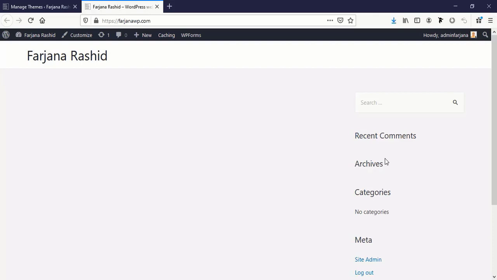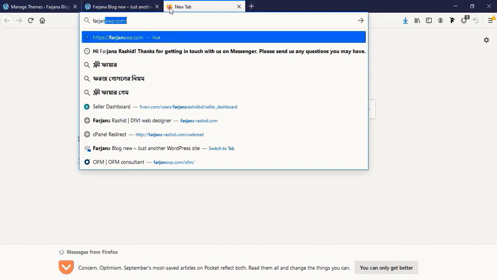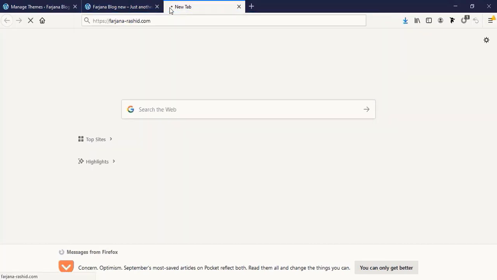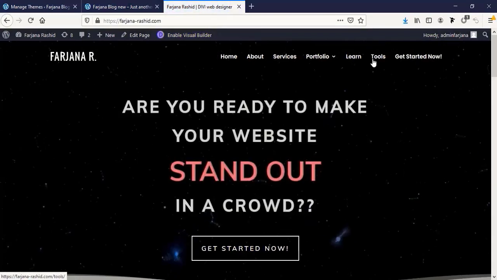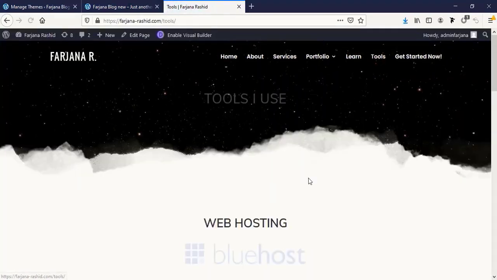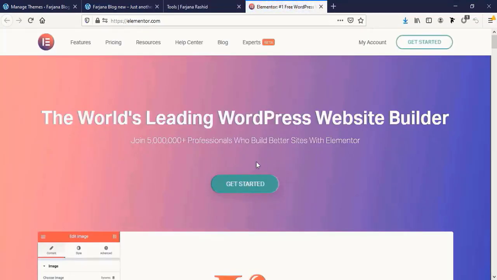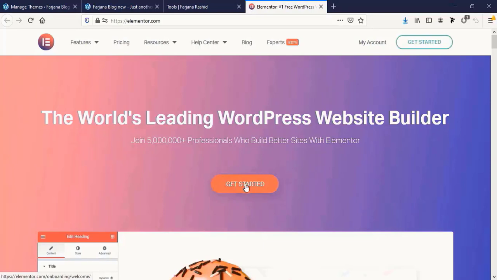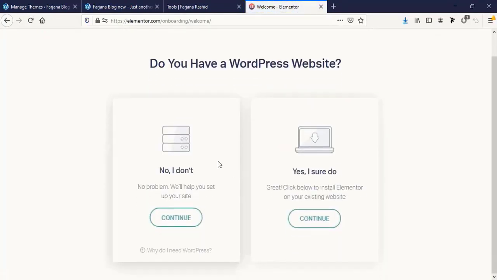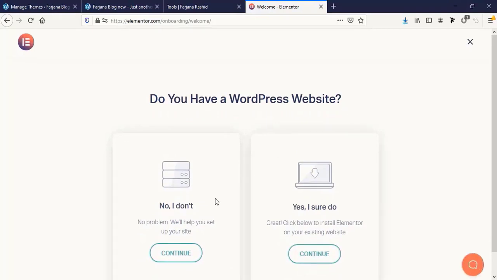Now I'm going to install our page builder Elementor. I'm going to my website FarjanaRashid.com, then going to tools and scroll down. Here is Elementor Pro or Elementor. So just click on get started, and here we go. So get started. And do you have a WordPress website? Yes, I have. So yes, I sure do. Just click on continue